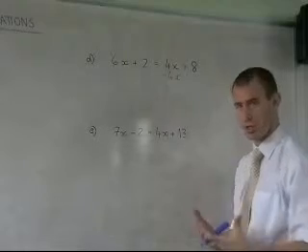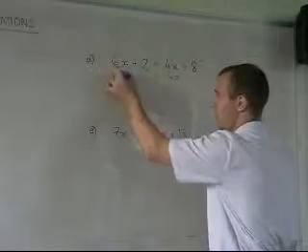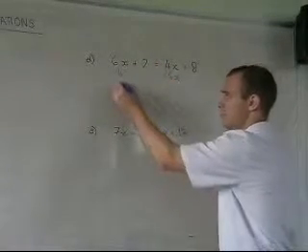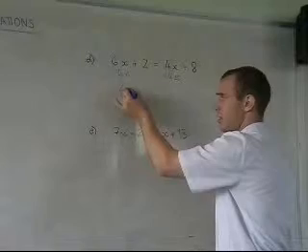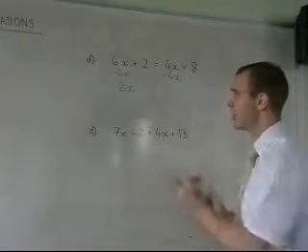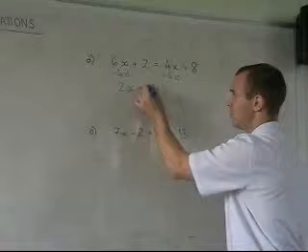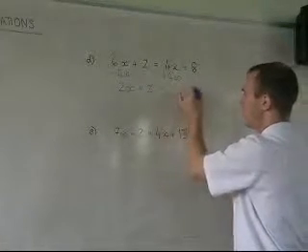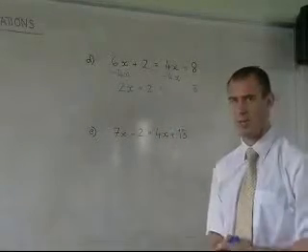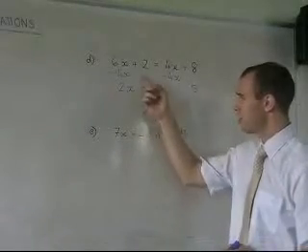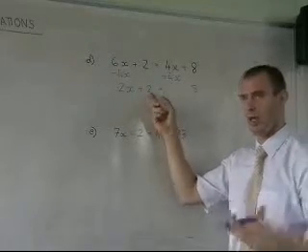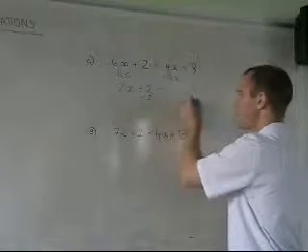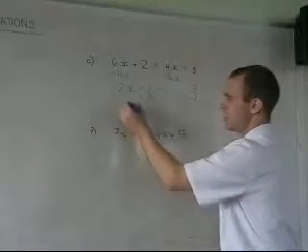Whatever we do on one side, we must do to the other. Take away 4x. So 6 take away 4 would be 2, because it's 6x take away 4x, leaving us with 2x. So that gives 2x plus 2 equals, that's going to become 0, and we have 8 over here. So the next step is looking at the 2. It's plus 2 at the moment. We want to get that to the other side, so we want to take it away. Take away 2. Take away 2, leaving us with 2x